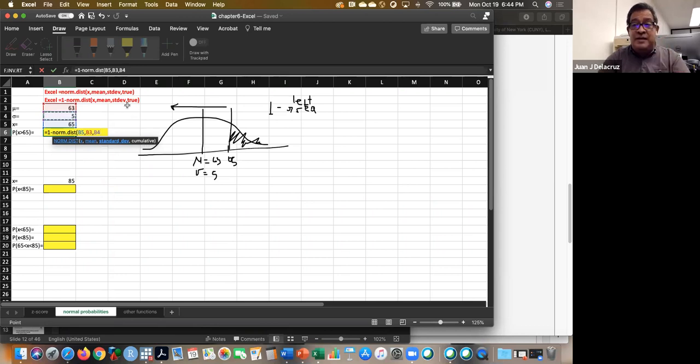It also asks me for the cumulative. Remember, the cumulative can be true or false. If we say true, we are looking at the cumulative area. If we say false, we are just looking at the value at that particular point. I don't want the value at this particular point. I want the cumulative area that goes from the beginning of the distribution up to 65 in this case. So I'm going to say true, okay? Because I am computing the area and then subtracting from 1, the area under the curve is going to be 0.34